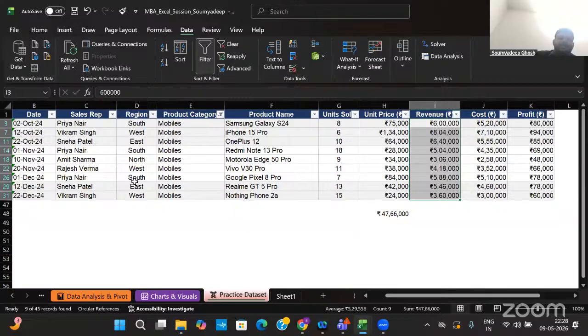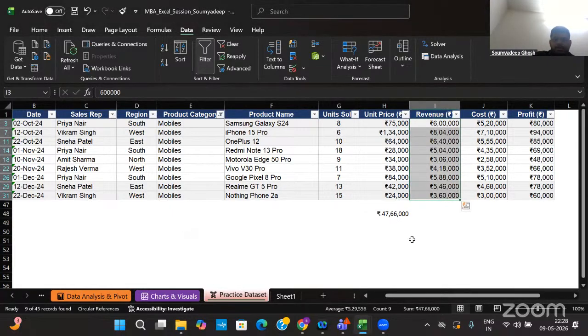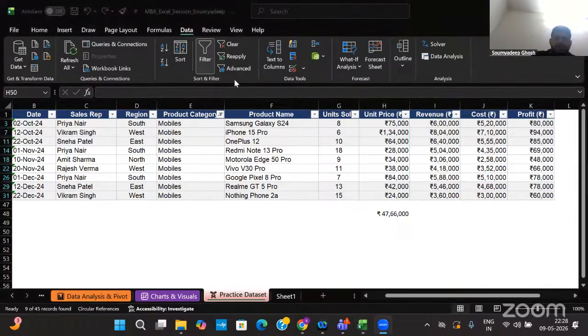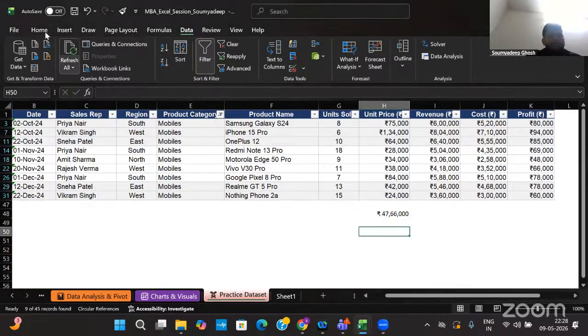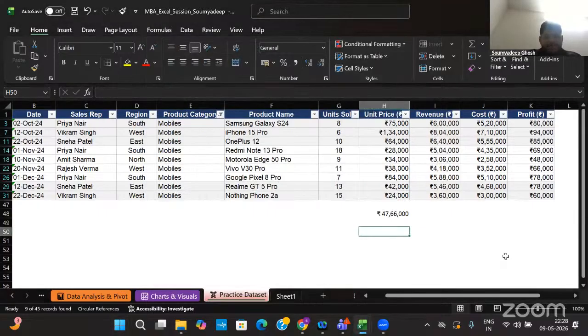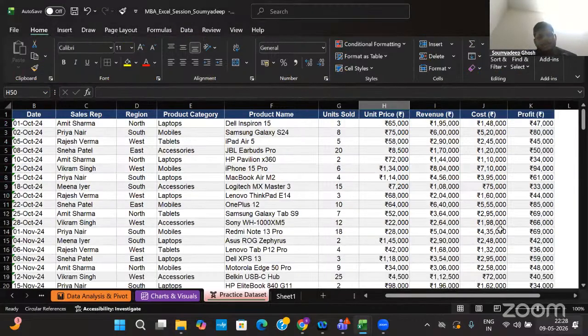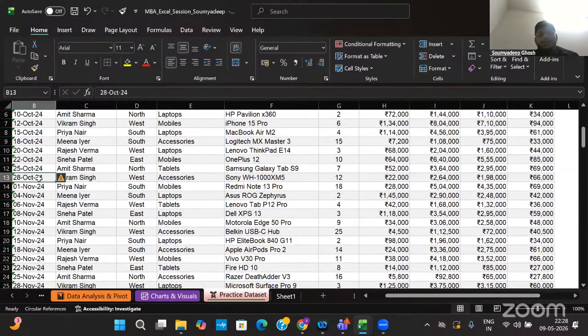Okay, can any one of you give me a recap? Okay, I think Sumit, you have mentioned that we can do it via Alt HSF. That is also true. But if we are at any data point, Shift Control is easier to use. But thanks for sharing that. Alt is also an option. Yeah, we can use that too.